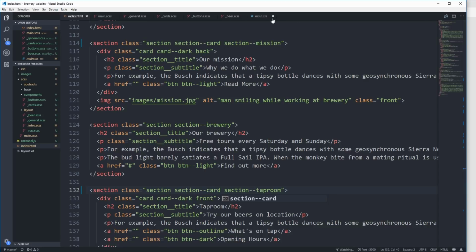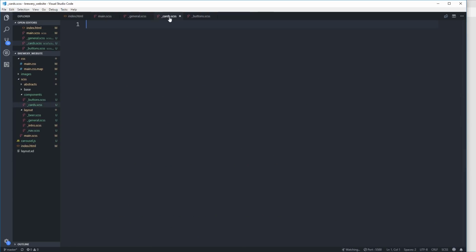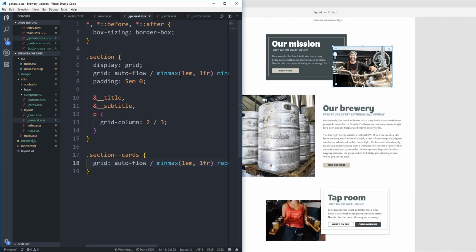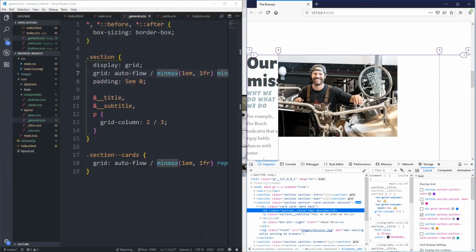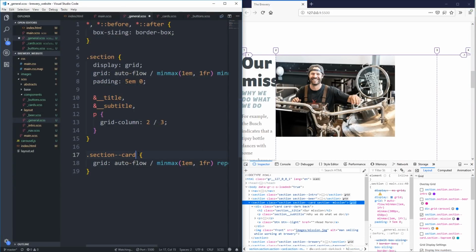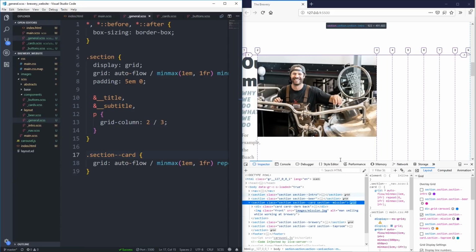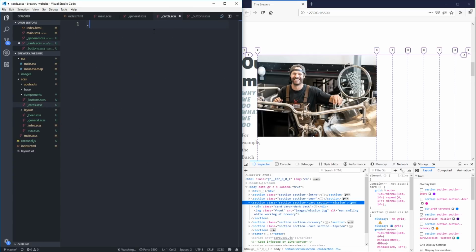I don't think I need any mix-ins. Close a few of these just to clean up. Okay, so let's just see what we have going on now. Let's save everything and let's go find Firefox again. We'll do section card. Okay, so now we can see I have my 6 columns on there. Good. So my section card. Let's go back to cards and I'm going to say,